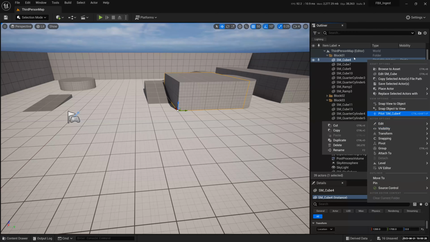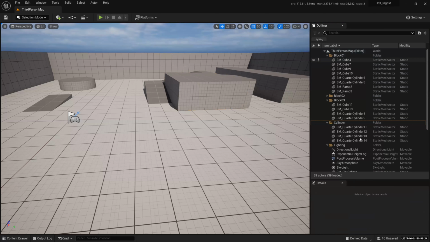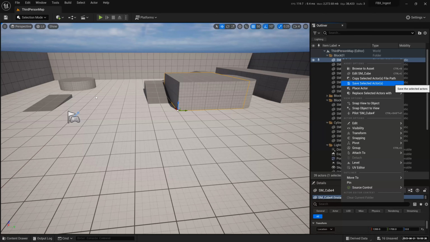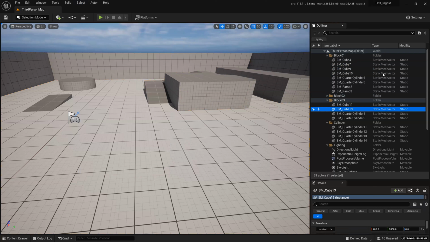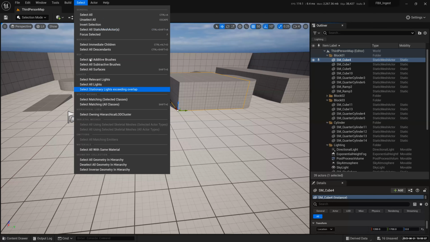Interesting. Okay, maybe it's save selected. No, it should be here. Select matching classes, select selected classes, select matching selected classes. Ah, interesting. I thought I did this last time. I could just select all the static meshes. Maybe I'm running the wrong command here. Select all relevant surfaces. Sorry, select all static mesh actors. Control Shift A. There you go.